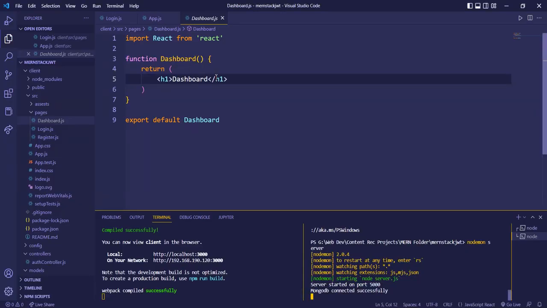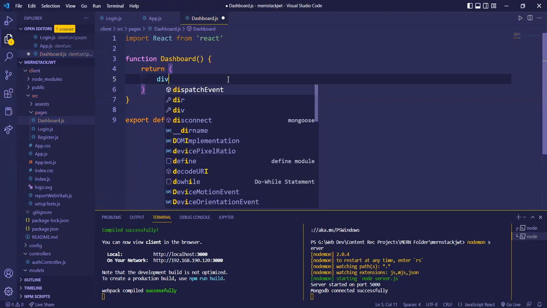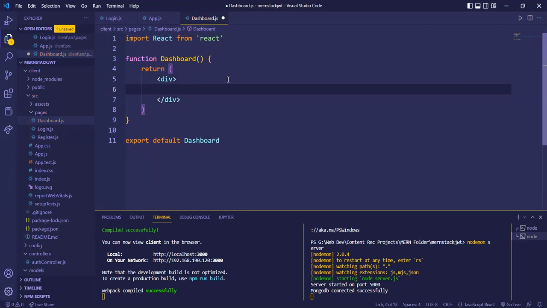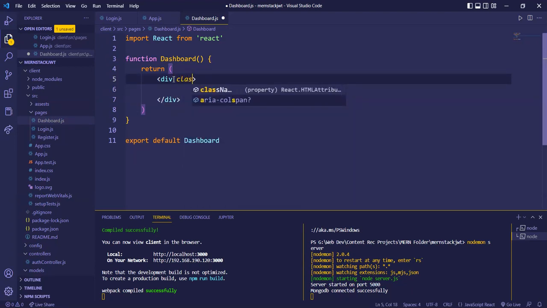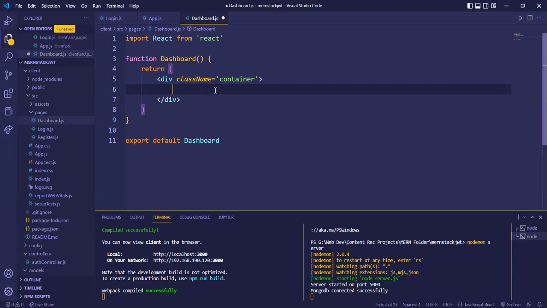So far we have this H1. We'll remove this and instead have one parent div. Inside this div only we are going to give all other tags. Let's go with the class name as container. This will be the bootstrap class. Container will give me good padding on top and bottom, even the left and right, the four sides of the page. And after that I'll have another div,